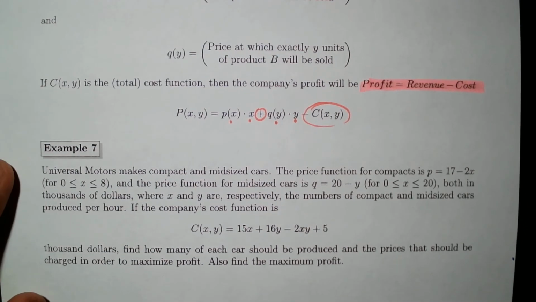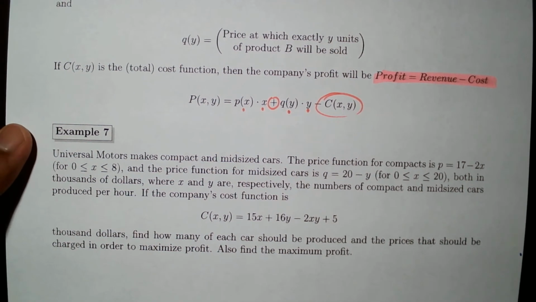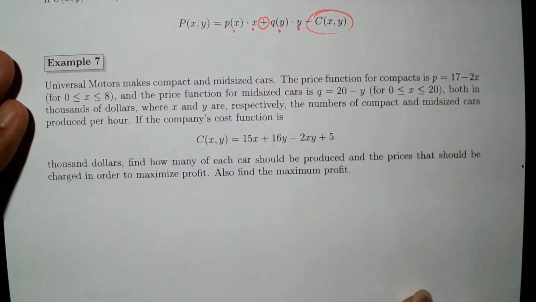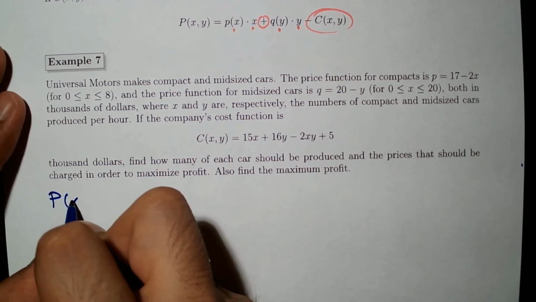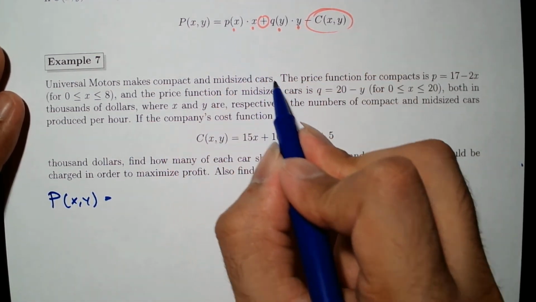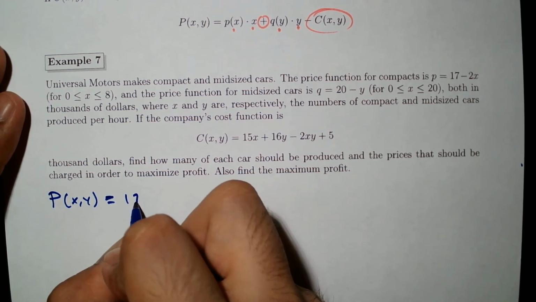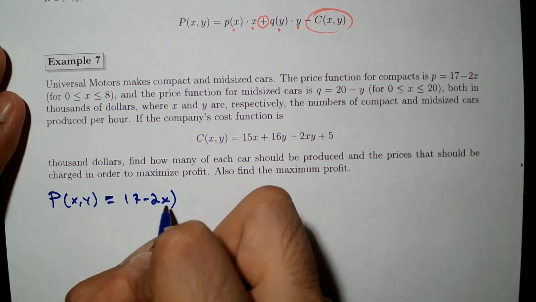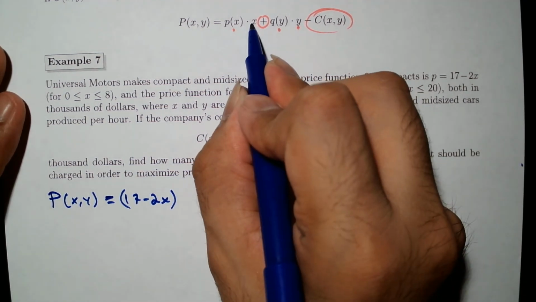In this case, let's use this formula right here, P of X, Y. So I'm going to keep it like this. P of X, Y, which is the function P of X, which is 17 minus 2X, times X,